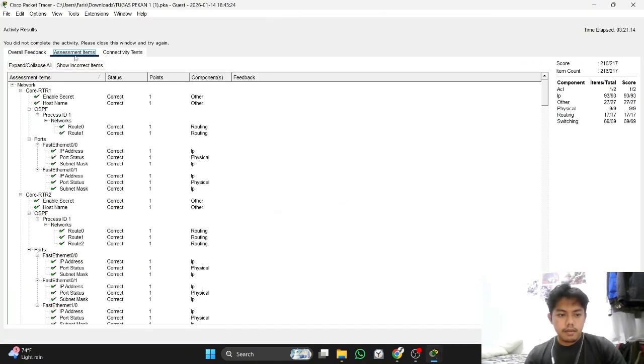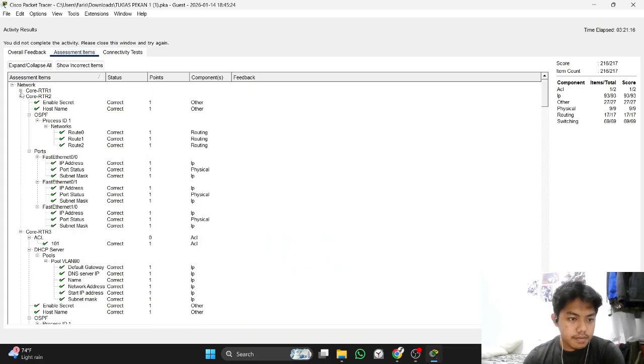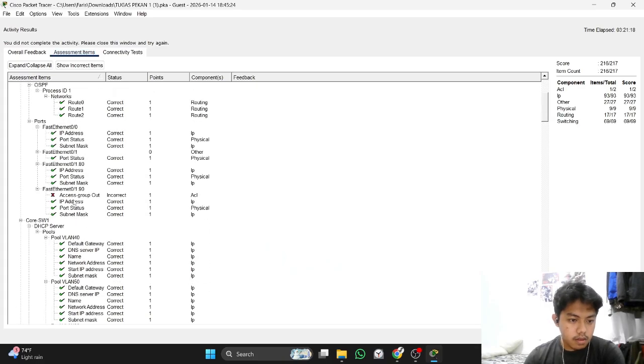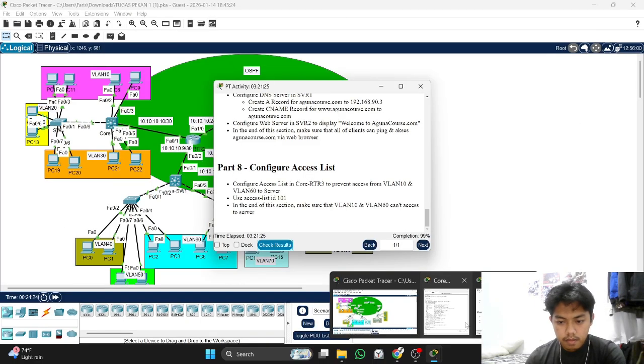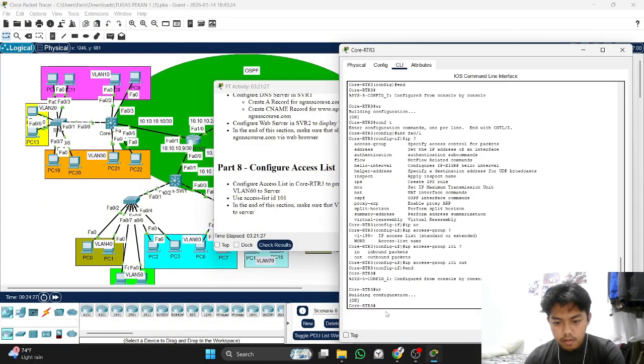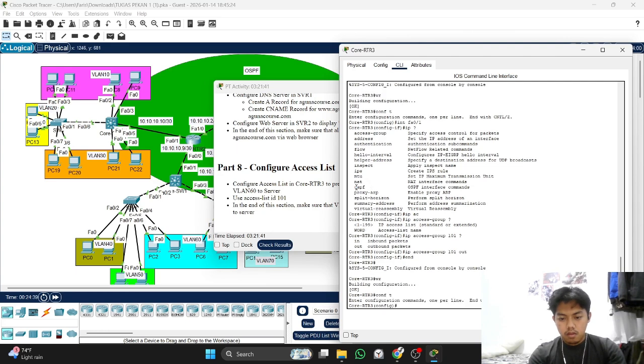Still 99 percent, router 3. What's wrong? Not at the interface FA0/1, but we configure it at the sub interface. We must erase the configuration before.